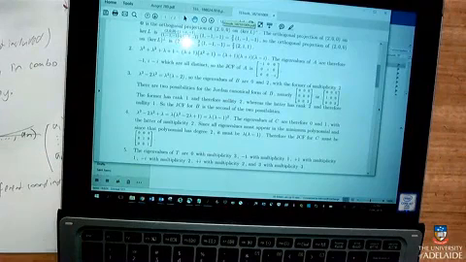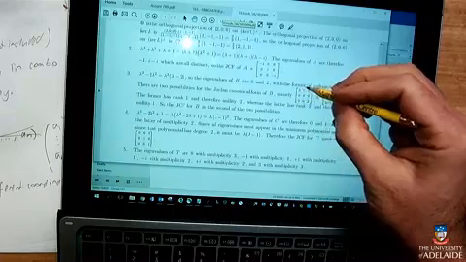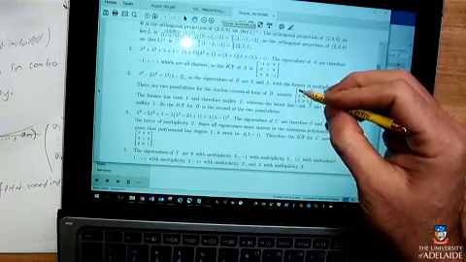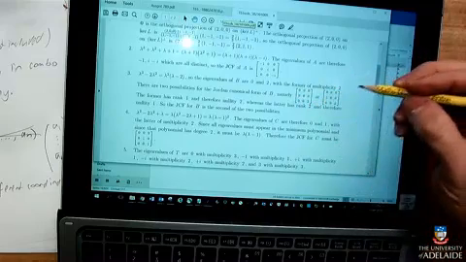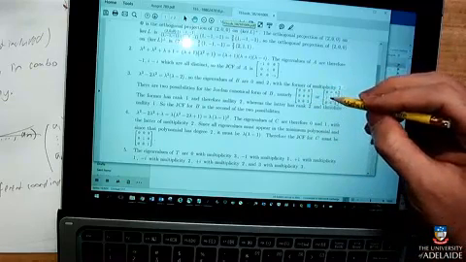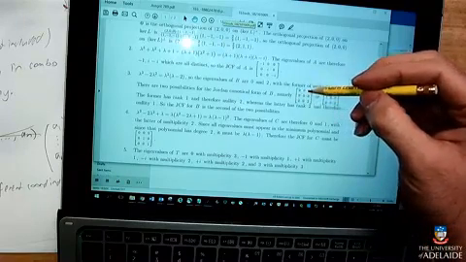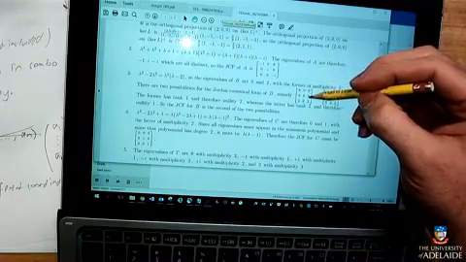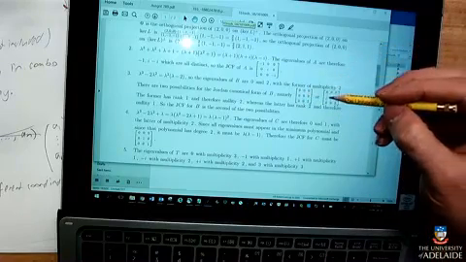There are two possibilities for the Jordan canonical form of B. Okay, so I've got a 2 by 2 matrix that goes with the eigenvalue that appears twice, and a 1 by 1 matrix that goes with the one that appears once. And I could have a 2 by 2 matrix and a 1 by 1, so that's fine. And this is the one that has enough dimension for its eigenspace. And this is the one that doesn't.